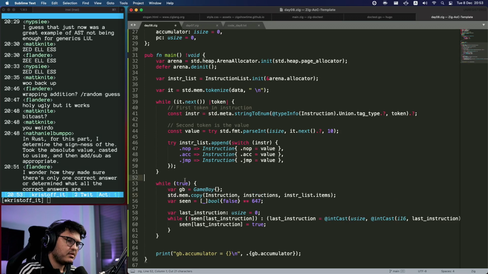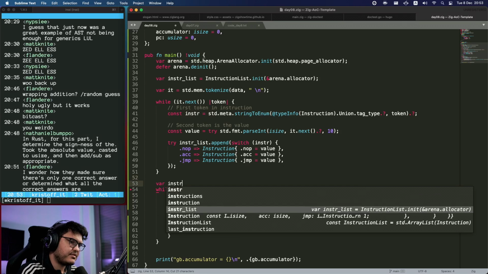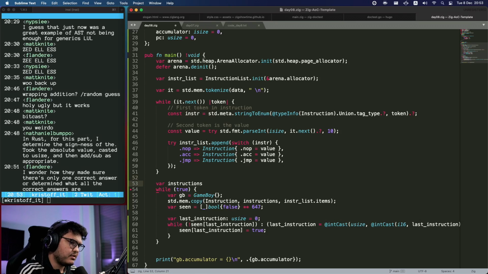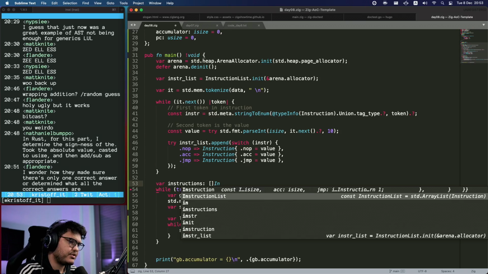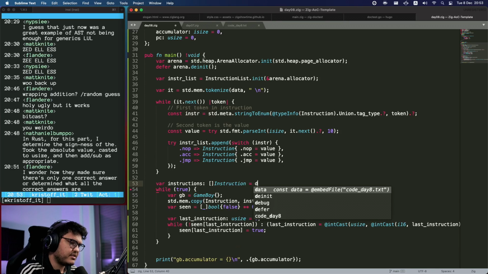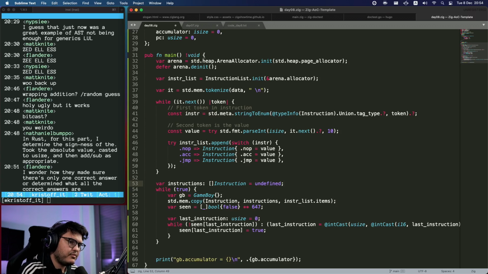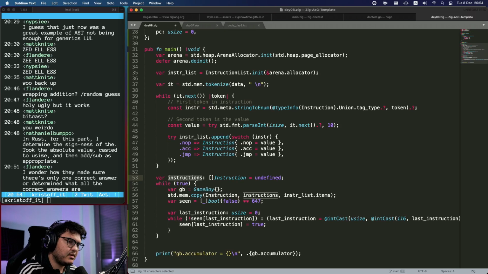Then we do var instructions of type slice of instruction is undefined. So every time we start with an empty